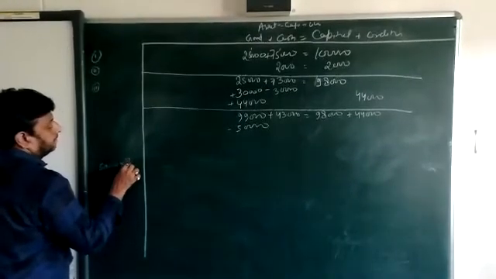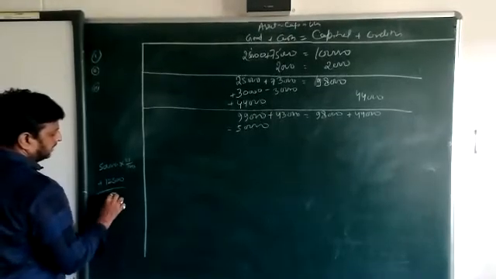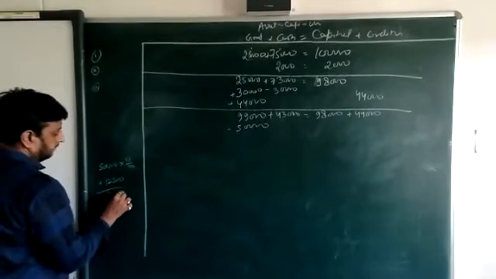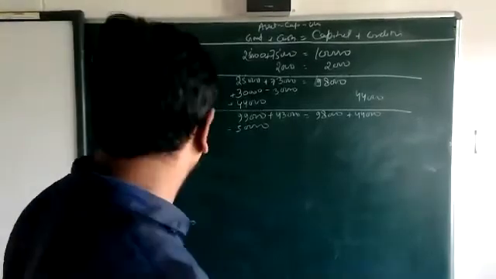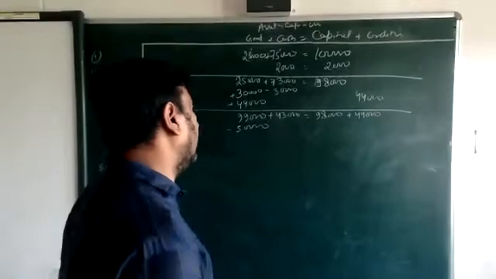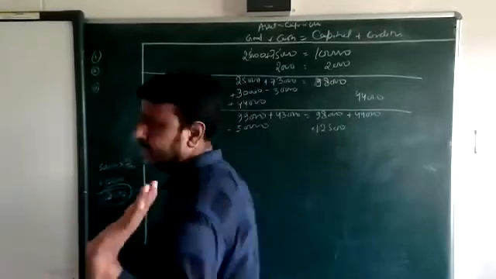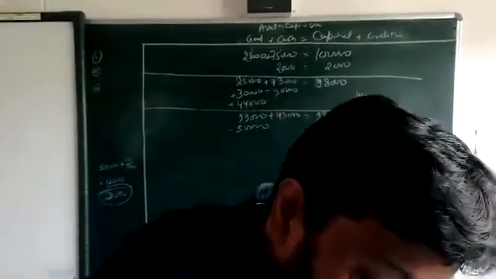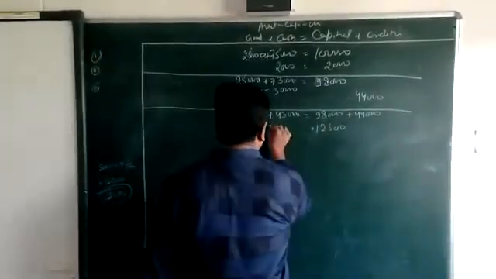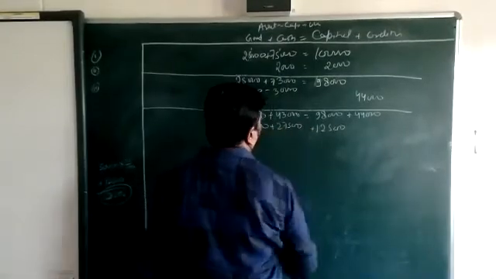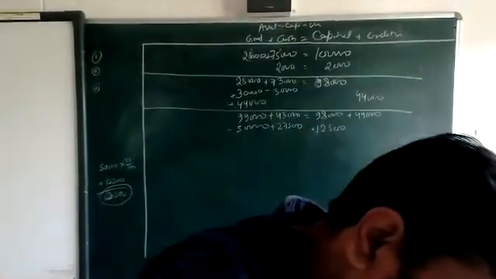50,000 into 25 upon 100, it means 12,500. It means the total amount we are receiving is 62,500. This is the total amount we have to receive, because we are selling with a profit of 12,500, and the profit will add here beta in capital. Two things are clear. Okay, now 27,500 received in cash. What is received in cash? Add in cash, 27,500. Okay, and the remaining amount on credit.